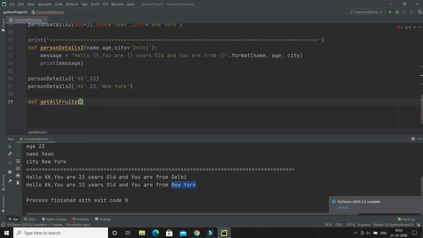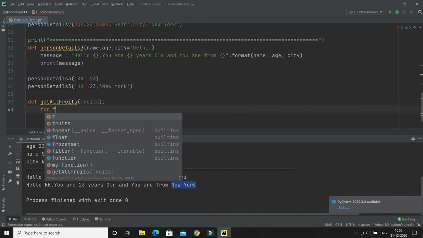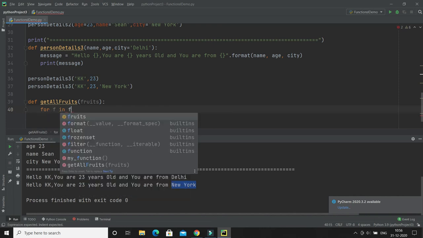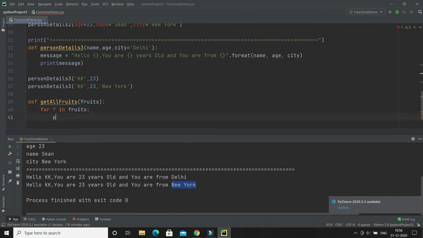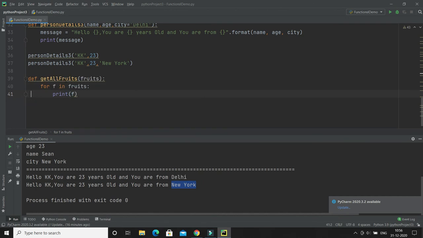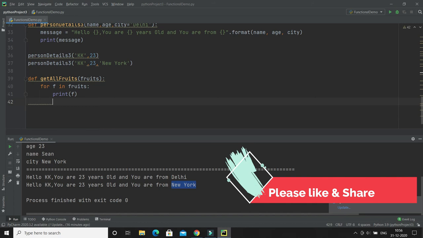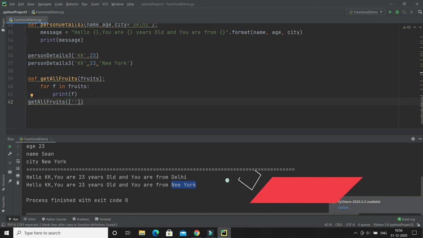This is a function, and here I'm taking a parameter called fruits, and I'm just printing the list of fruits, printing each fruit. And while calling this method, I'm passing one list, and the list's first item is apple,